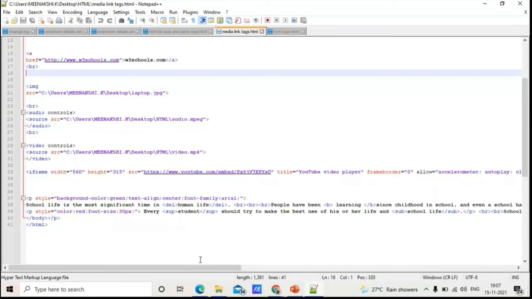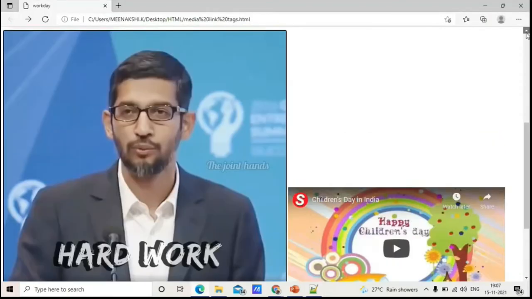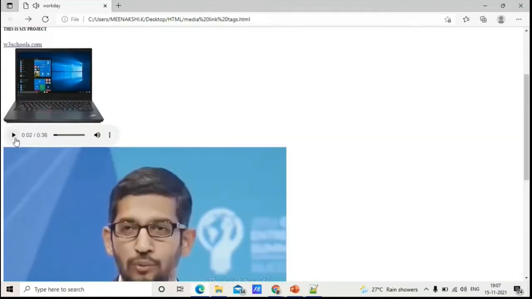After that, when it gets executed, you can see here the audio file, right? You can increase or add whatever controls you want in this also. It will be automatically copied.